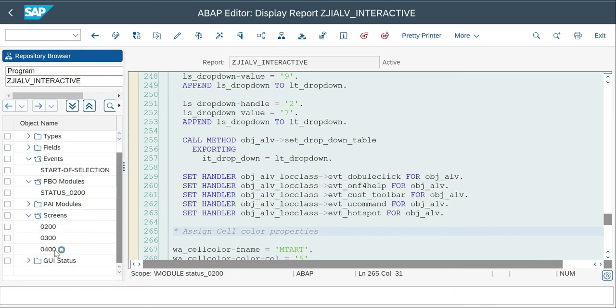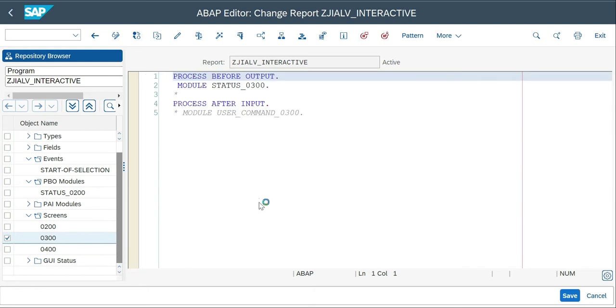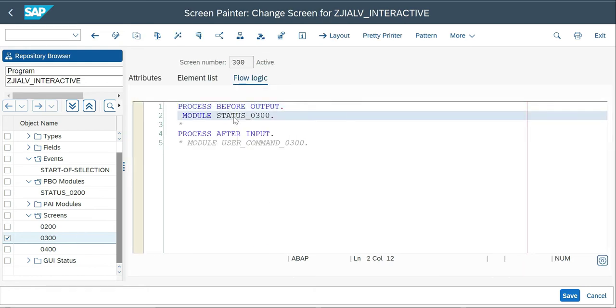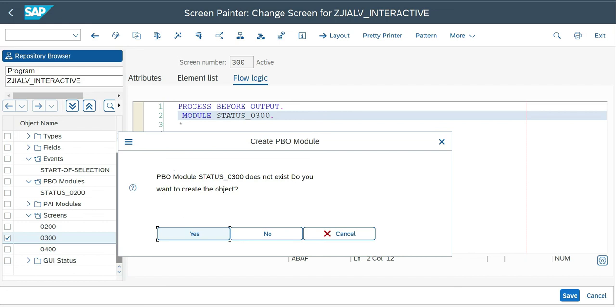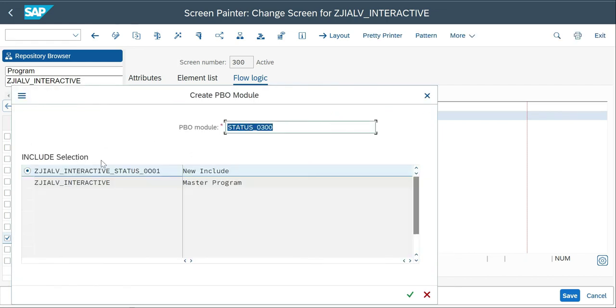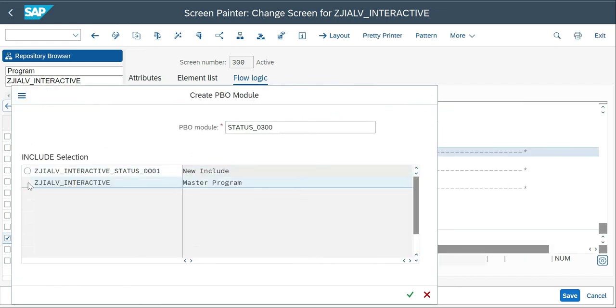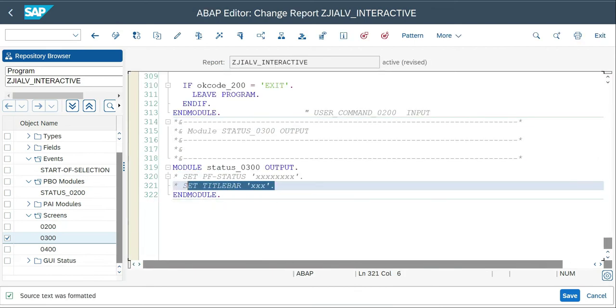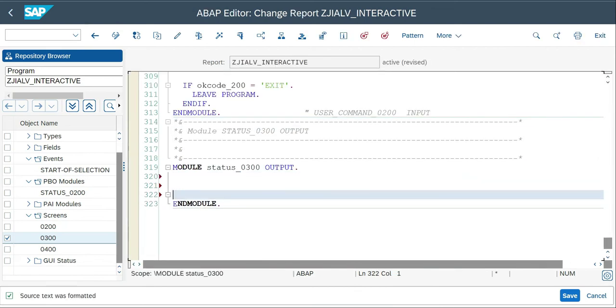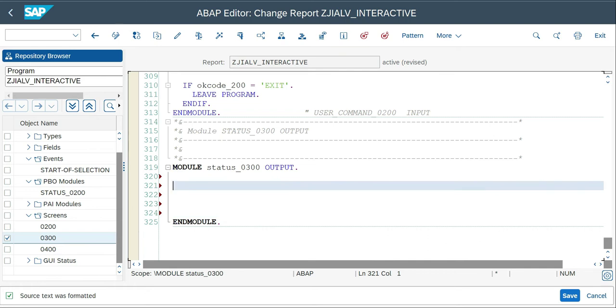So what is screen 300 over here? Change mode. Go to 300 and try to create a module in the same program. So data is not ready. I'm simply going to call my custom container with the help of the object-oriented concept. So here I'm going to say data object container 2 type ref to